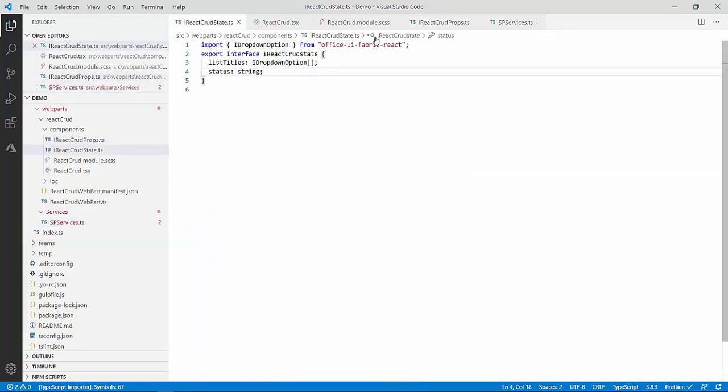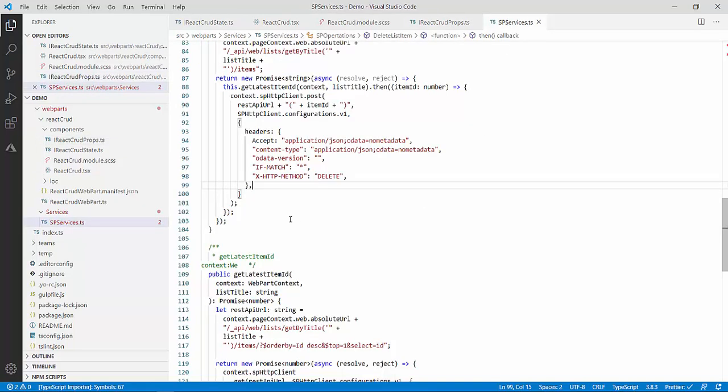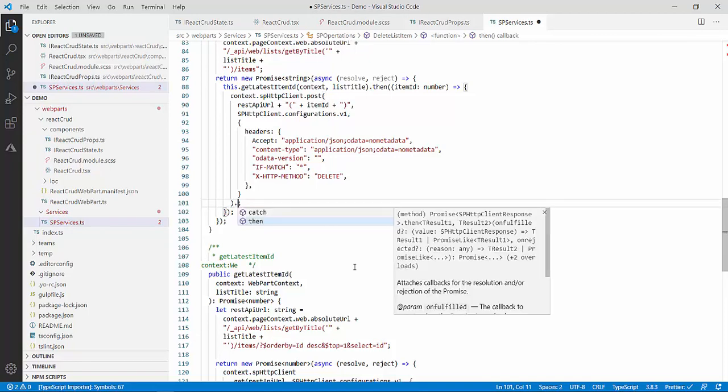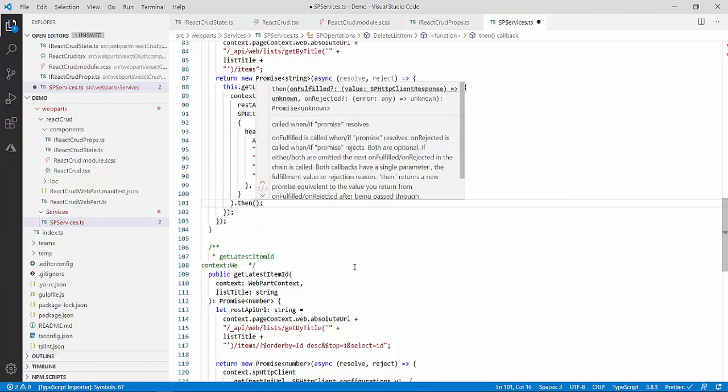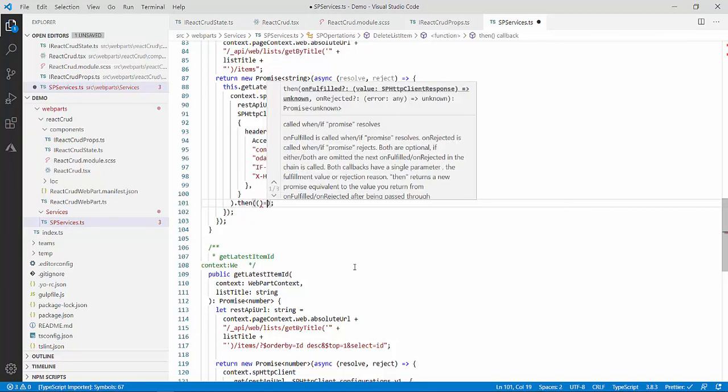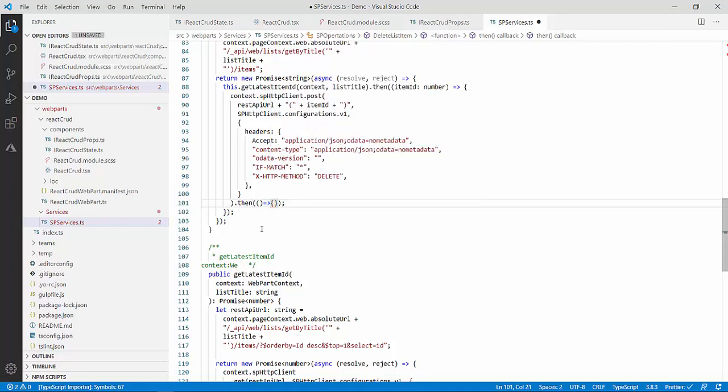In fact, first I will complete it over here only. So let me see where I have to put the then. So this is my post, over here. So dot then, inside this I'm writing it again and again so that you guys get used to it. Otherwise I can do copy paste also, but I will pass it over here.